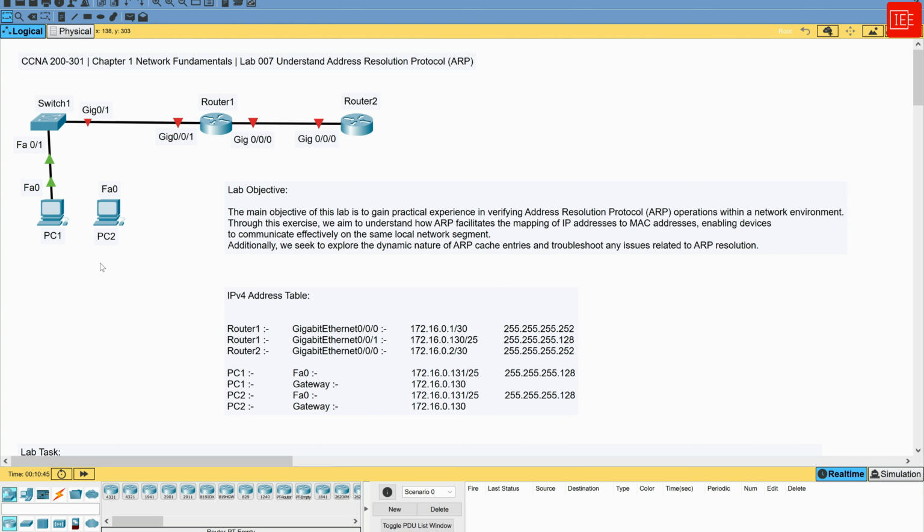Today's lab we will explore how the Address Resolution Protocol functions in a network environment. ARP is a fundamental networking protocol that is used to map IP addresses to MAC addresses within a local network, and it plays a crucial role in facilitating communication between devices on the same subnet. By resolving IP addresses to MAC addresses, ARP enables devices to send data packets to the correct destination within the